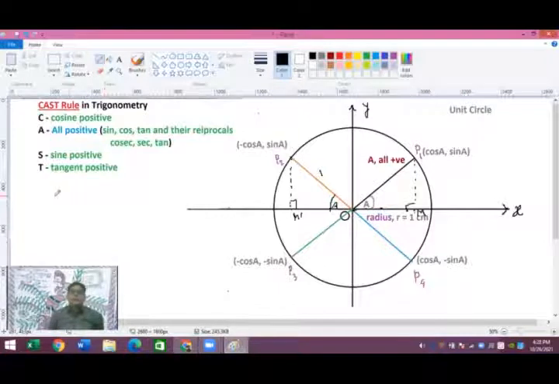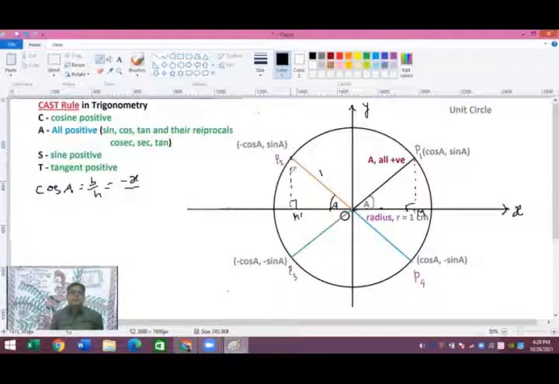Here we talk first about x coordinates. We know that cos A equals B by H again, and B in this case is OM dashed. OM dashed is along the negative x-axis in this case, so we can write here minus x, and H is